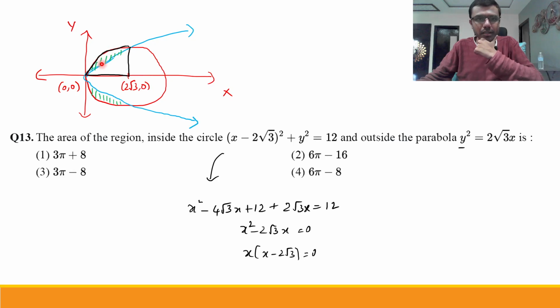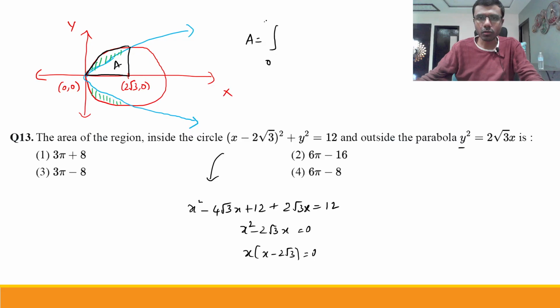So I need this area. So this area is nothing but the area of the quarter circle minus the area of the parabola. How to find out the area of this parabola? This capital A, this capital A. Only this part, okay? This region of area under the parabola. It's very simple. Right? Capital A is